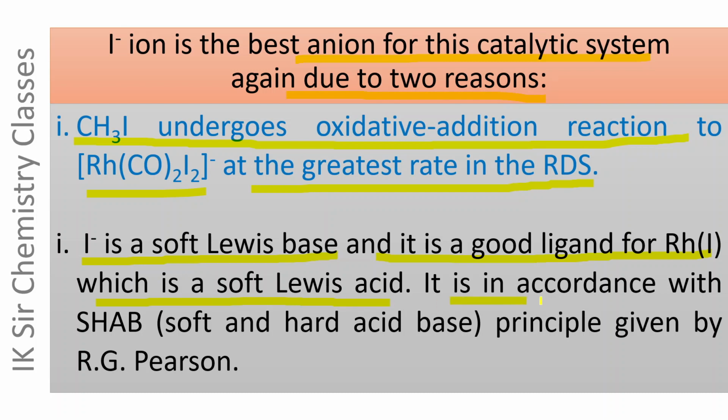It is in accordance with the soft and hard acid base principle given by R.G. Pearson. I-, which is a soft Lewis base, has a tendency to combine with Rh+ ion, which is also a soft Lewis acid. A soft Lewis acid and a soft Lewis base combine together, forming a relatively stable adduct, and this is why I- ion is the best reagent, best anion, best nucleophile in the